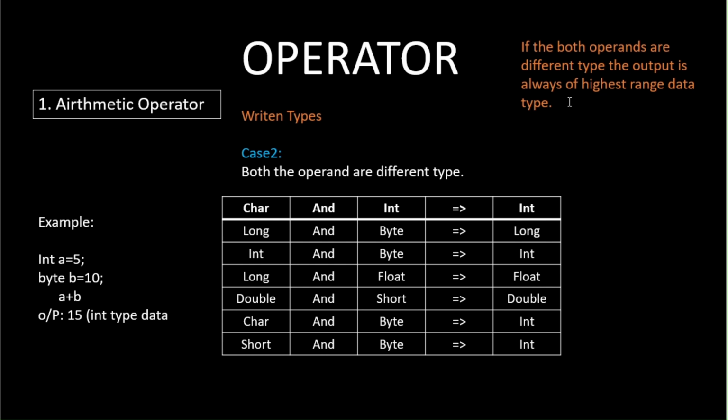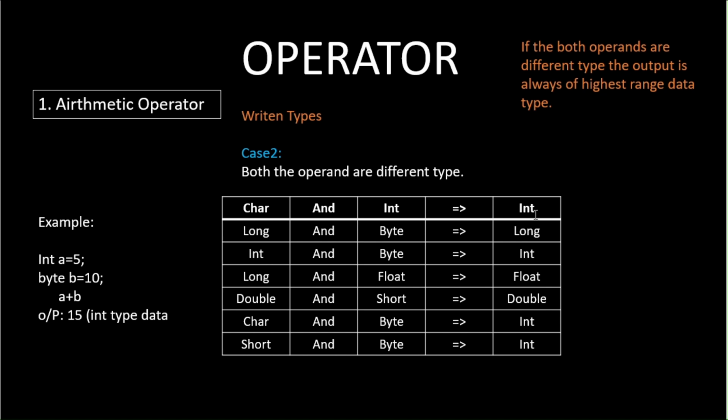As you saw in the previous video, the order of data types is byte, short, int, long, float, and then double. And char is between int and long. So if operand one is char type and operand two is int type,